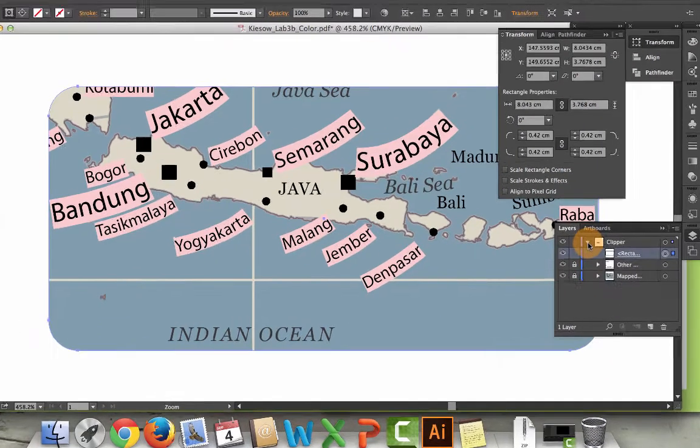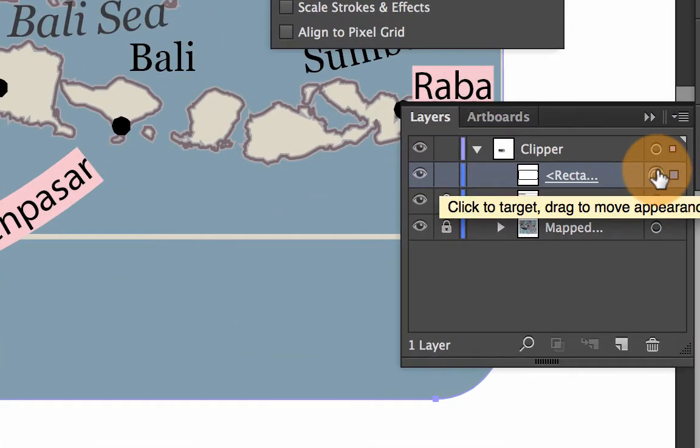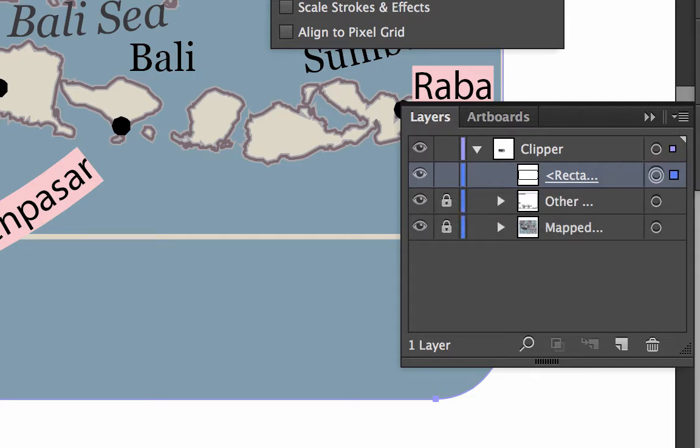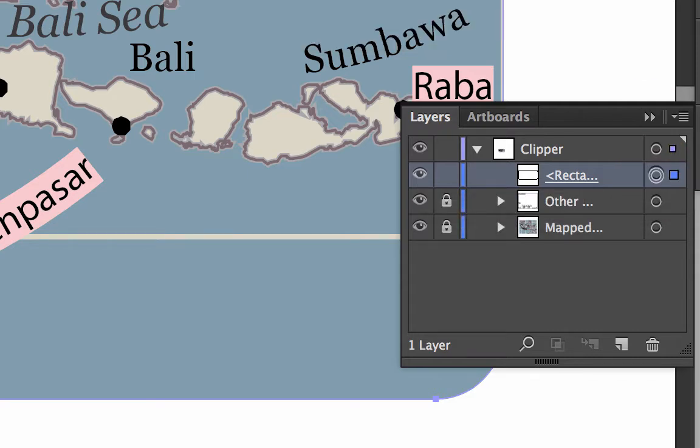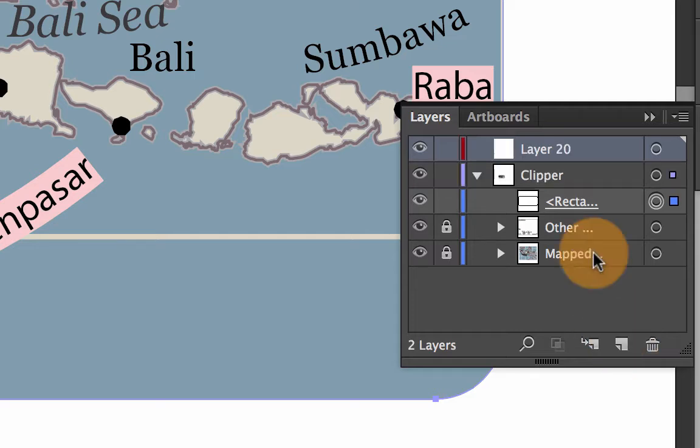Now, one other trick I want to show you really quickly. It has nothing to do with the clipping mask, but oftentimes your clipping mask is the area of the map all the people will see, right? So a neat line is a nice border going around your map, or a frame line, etc. And sometimes you want a frame line. Now I could go in and draw another rectangle and try to line it up, but that'd be a real pain. So what you can do is create another layer on top of Clipper, select the rectangle that is the